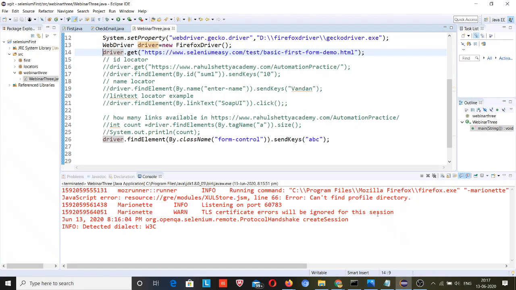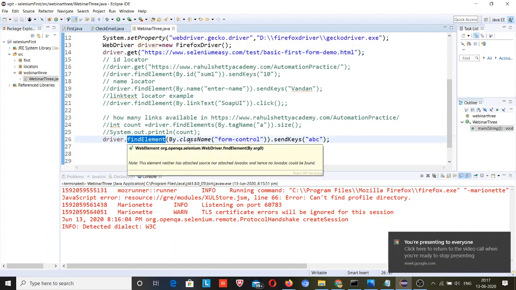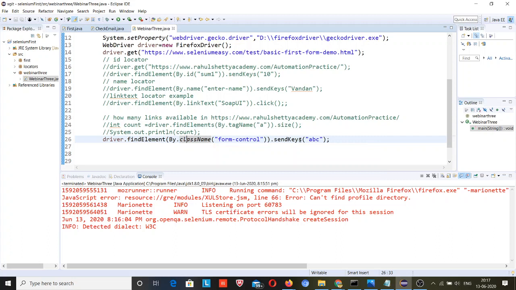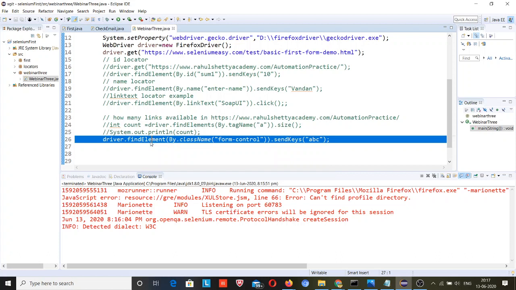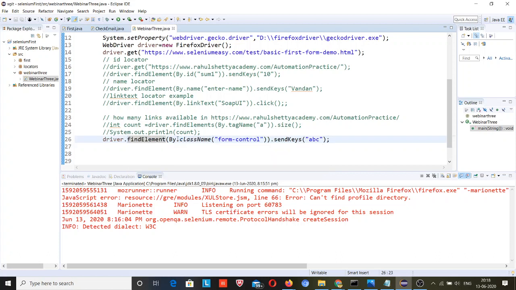So Pratik, find element is the method when you are trying to locate a single element. Find element doesn't have a size method inside it. So if you want to count the number of elements present with the same tag name or the same class, you cannot use this method.